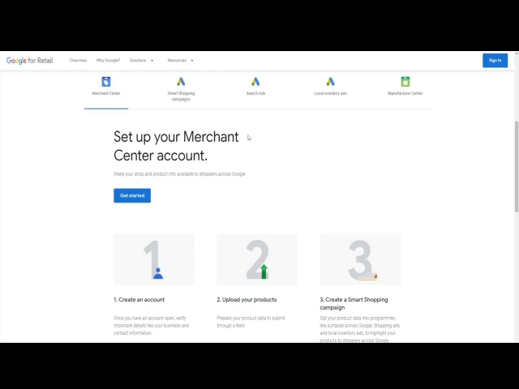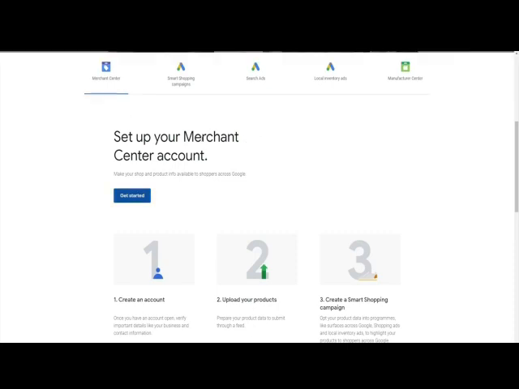To set up your Merchant Center, all you need to do is a quick Google search for Google Merchant Center, click the link that shows up, and then once you're on this page, click Get Started, and you're going to be able to create your Merchant Center account within literally 1 minute. All you'll have to do is enter your business name, your time zone, and the apps that you use. When you get prompted for the apps, select Shopify. Don't select PayPal. You don't need PayPal because your purchases are going to be on your website, not